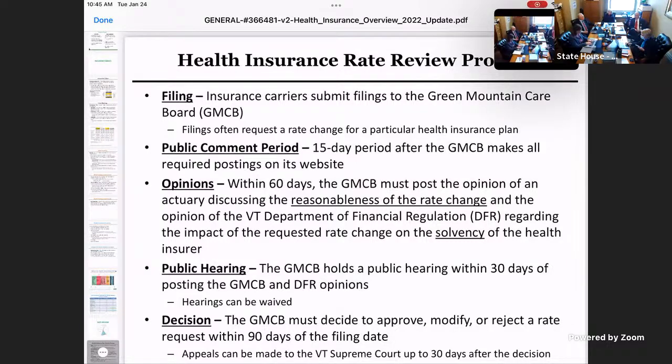Is this an annual procedure, or is it called when necessary? It's annual, and it happens at different times of the year. You'll always have the individual and small group markets happening in the summer, because they need to have the premiums in place in order to make the calculators for the federal subsidies for the plans starting in the fall. But for large group, fully insured plans, those filings happen throughout the year because not all large groups have their plans start January 1st. Sometimes they're scattered through several quarters of the year. So it's year-round, but annual for each type of plan.